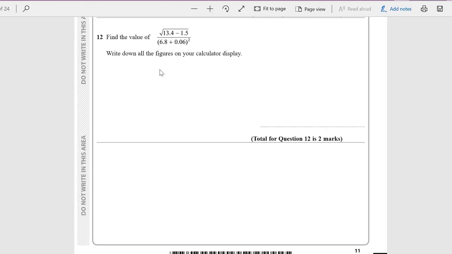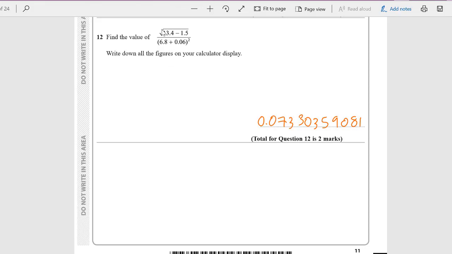So if you put this down in your calculator display, you will get the following answer: 0.07333035981. So remember, the trick here isn't writing down the answer you get in the calculator, but making sure that